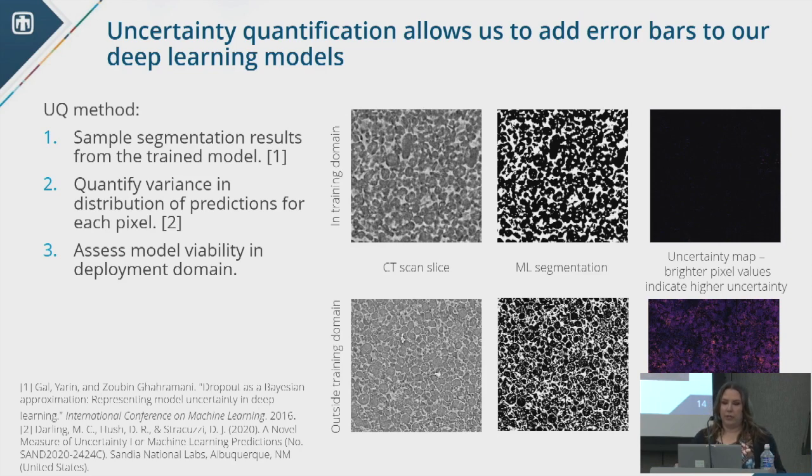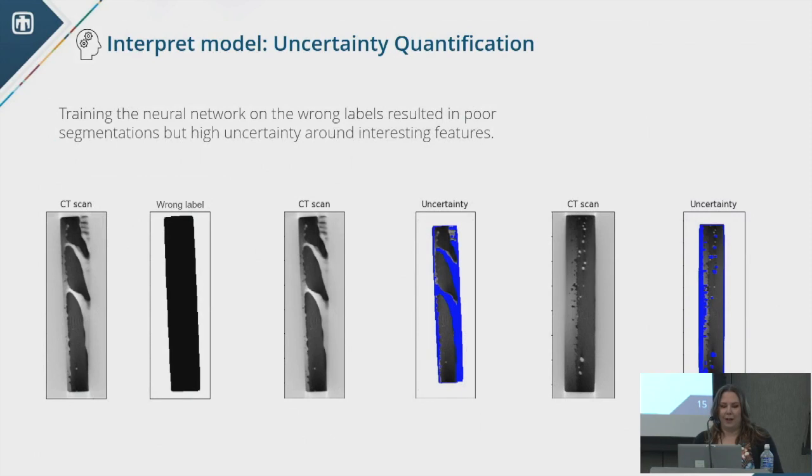So one of the things that we did is we built a deep learning model. It's very good at segmentation. We can segment these automatically. It's hard to see on the screen, but we can capture uncertainty around where we think battery particles are and aren't, for example. So great. We had some success with batteries, so we were asked to segment some other types of materials. This is a different type of material, and I trained a model.